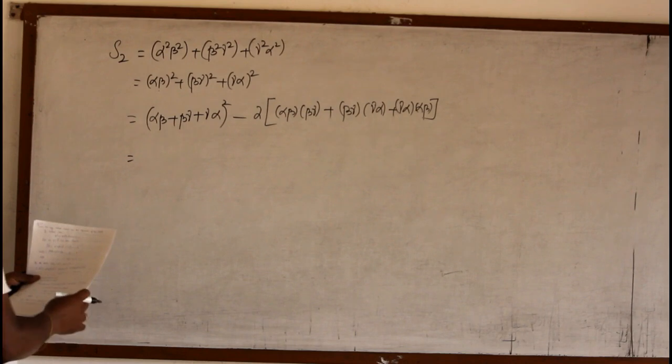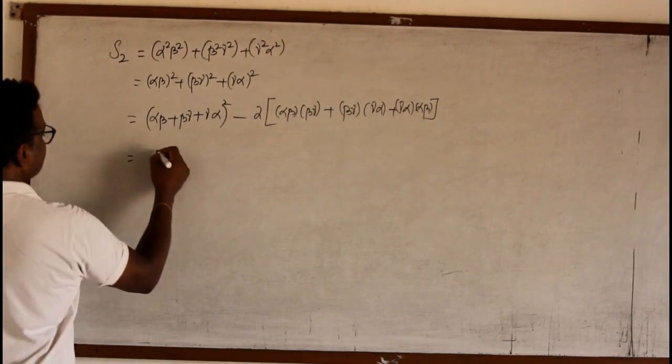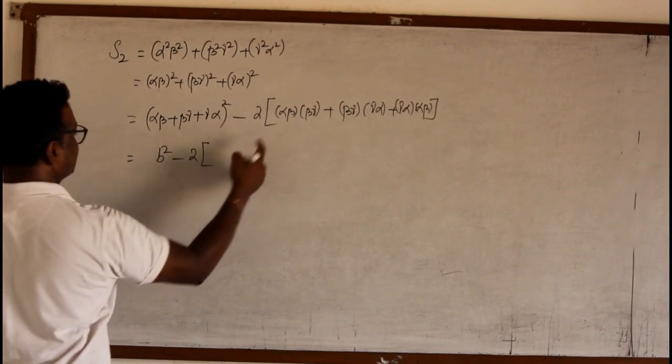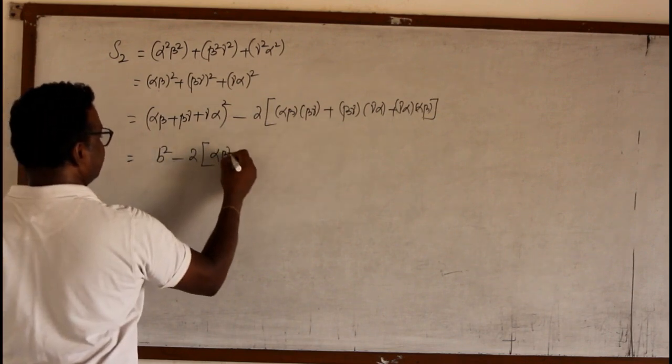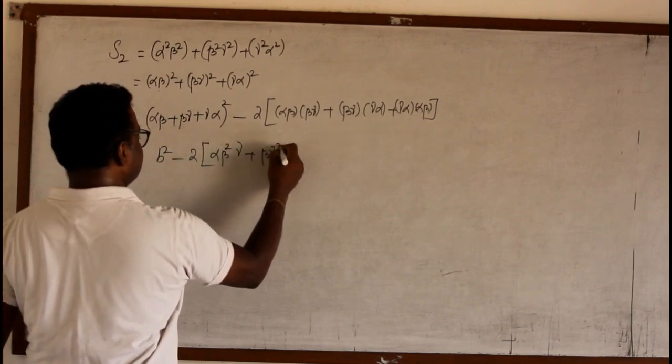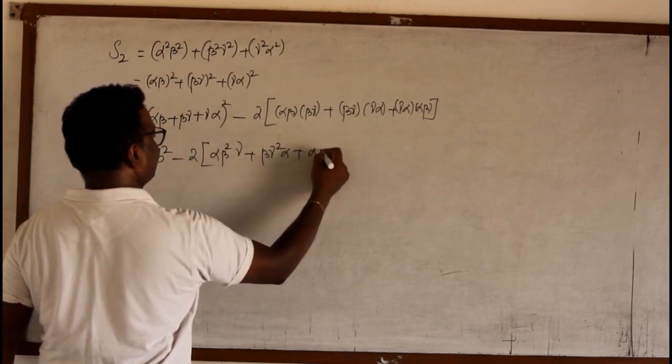This is minus b, so it is plus b, so b square minus 2 into, this is alpha beta square gamma plus beta gamma square alpha,